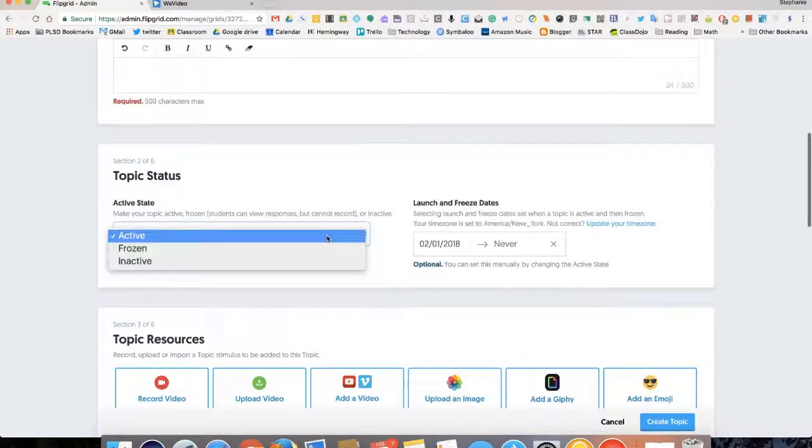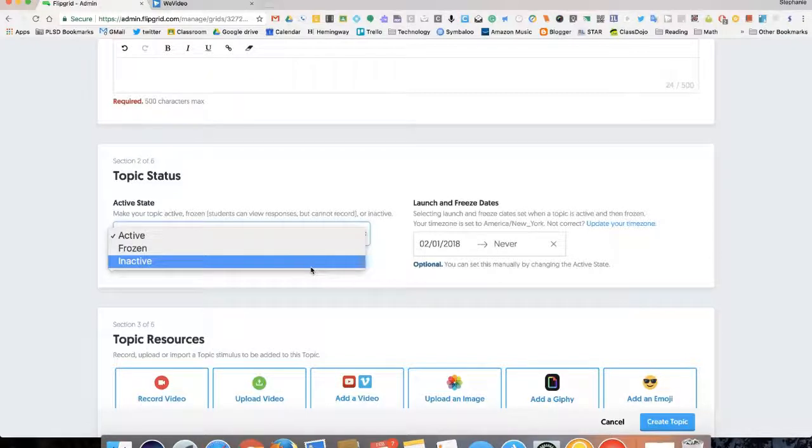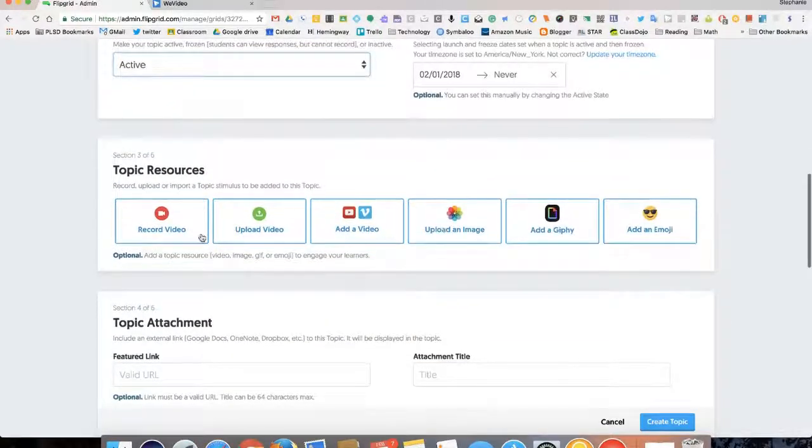Then I want it to say active. If it's frozen, your guests will not be able to see it, and inactive, they won't be able to see it either. You can give it a due date, but I usually just leave this blank. It's up to you. On section 3, topic resources, if I wanted to record my own video so my audience could see it,